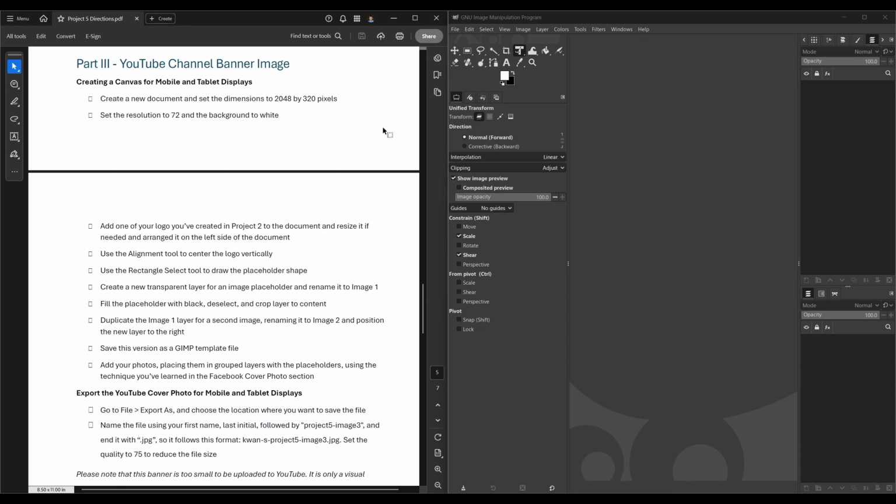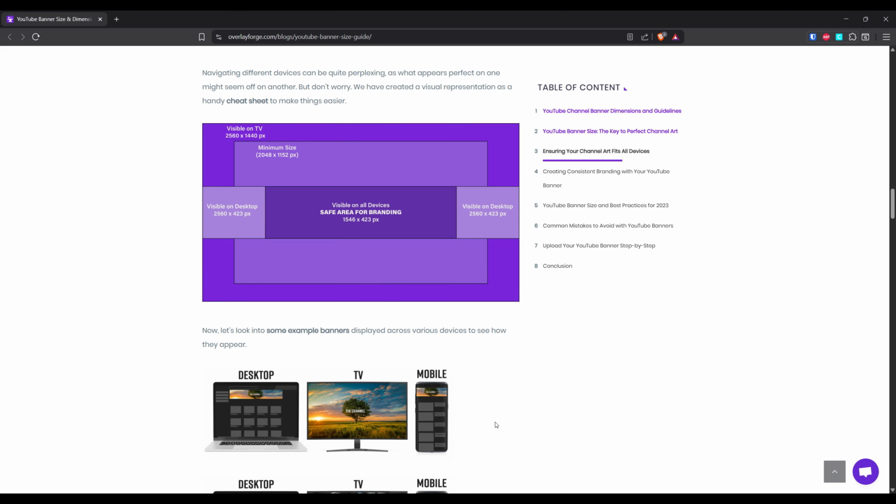All right, so before I start on creating a new document for the YouTube cover photo, or in YouTube's lingo, they actually use the word banner image, let me explain to you. There's an interesting approach to how YouTube uses the banner image. Even though it recommends that you upload a 2560 by 1140 image, which is what they call QHD,